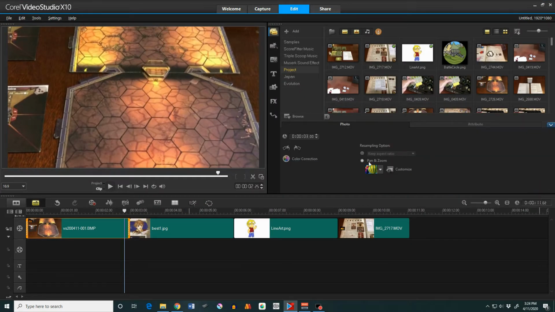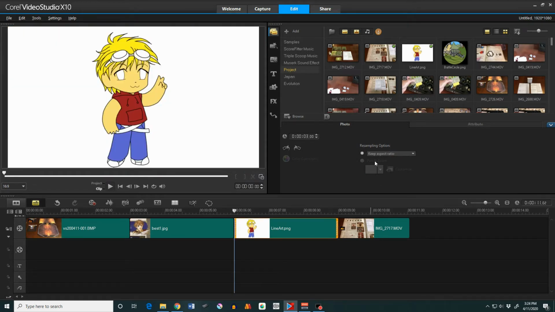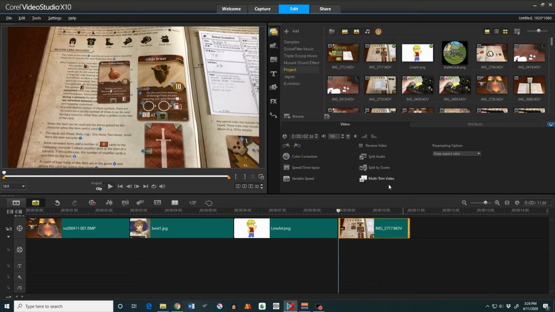Now, the options have a pan and zoom that works effectively for JPEGs and BMP images. They don't work for all images, such as a PNG. You can't use pan and zoom. And they don't work for MOVs or any video clips. But the filter that is